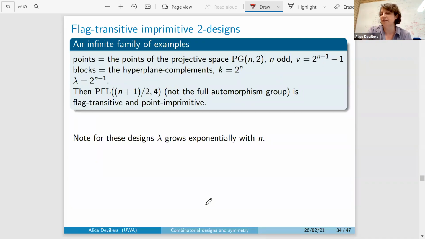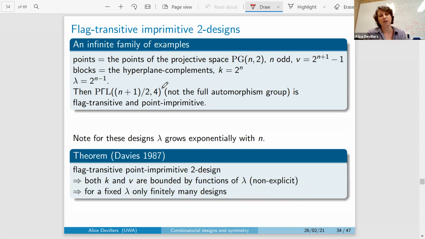There are infinite families, though. For instance, here, if you take a projective space and then some specific types of blocks, you can, but not the full automorphism group. So here, this group is a subgroup of the automorphism group, and it is flag-transitive and point imprimitive. But the full automorphism group for this example would be primitive. So for these designs, lambda grows exponentially with n. But for a fixed lambda,